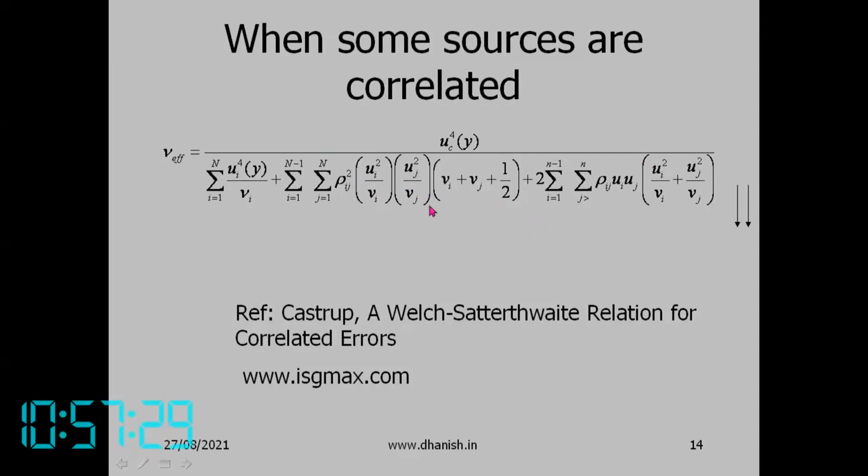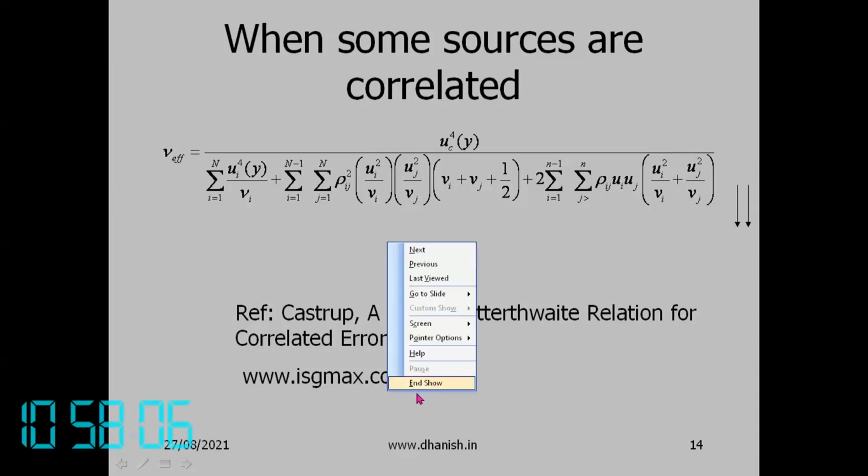So for each pair of variables, the ith variable and jth variable, how much is the correlation? That is rho ij. Okay, so you don't have to learn this. I'm just showing you for information. But anyway, we will not have any problems based on correlated combined standard uncertainty. So for determination of coverage interval where sources are correlated, such problems will not be there. Okay, so any questions?